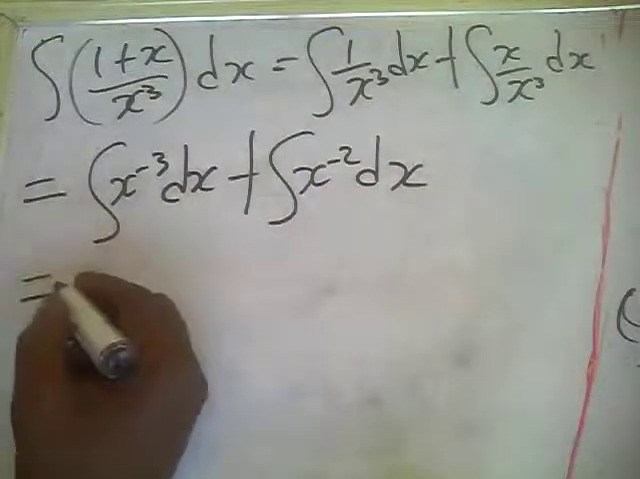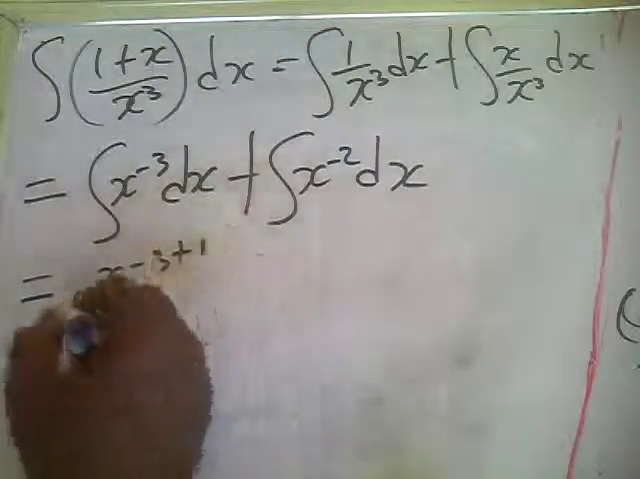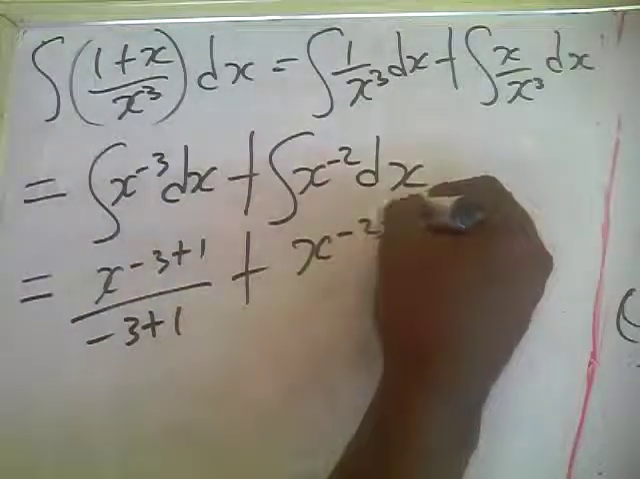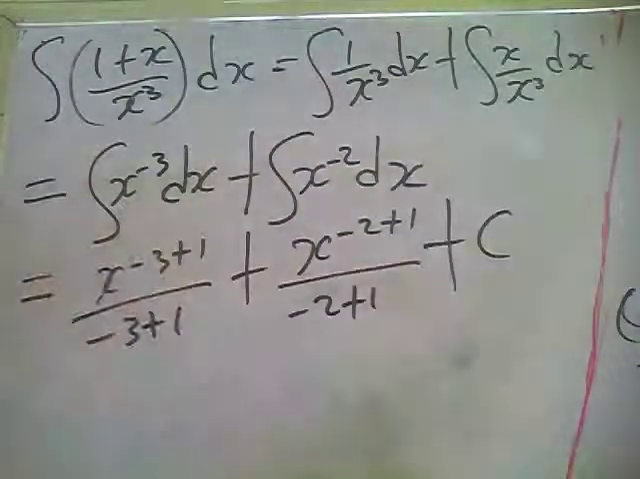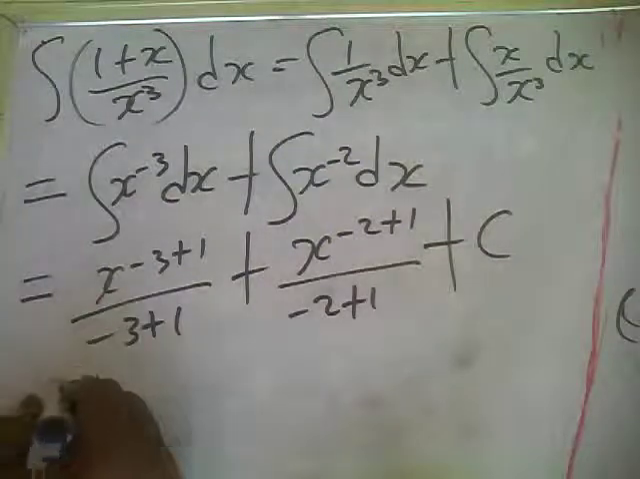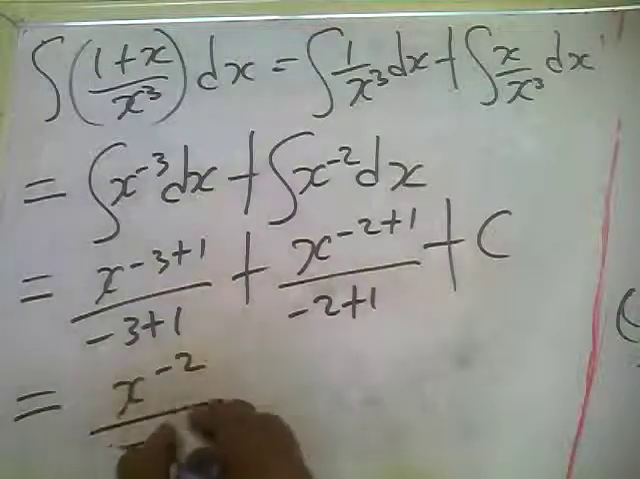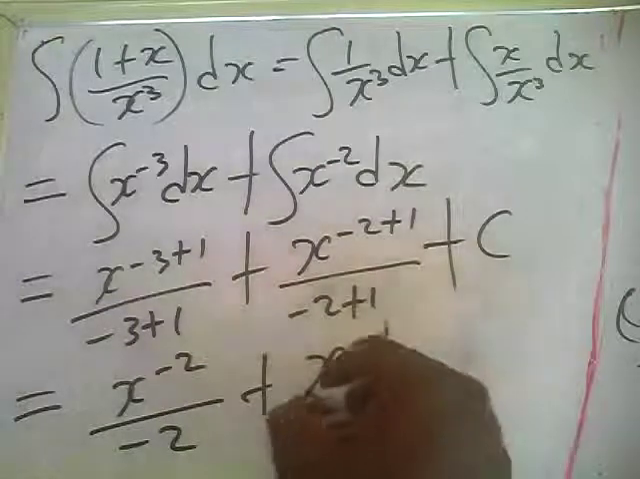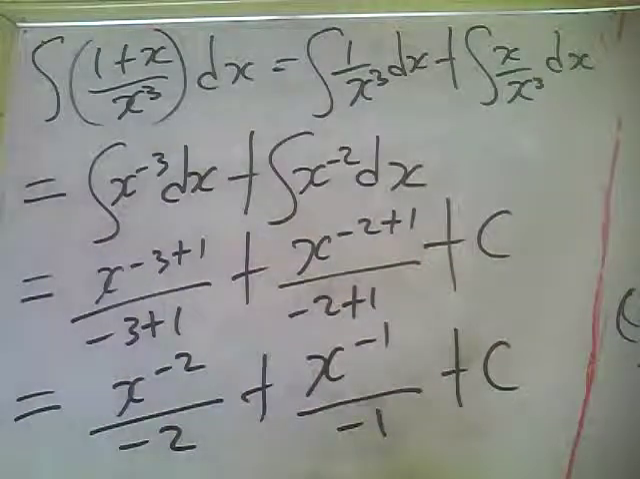Now we add 1 to the power, which becomes x to the power minus 3 plus 1 over minus 3 plus 1, then plus x to the power minus 2 plus 1 all over minus 2 plus 1. Add the constant of integration to the entire result. Then that finally gives us x to the power minus 2 all over minus 2, plus x to the power minus 1 all over minus 1, then plus c. This is the final answer,